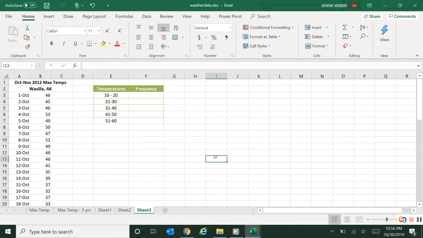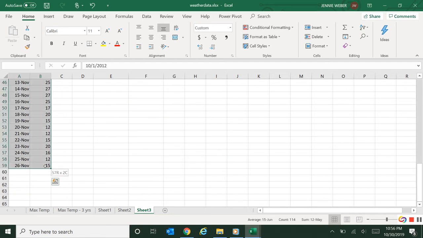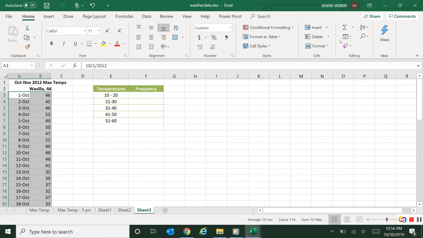I want to go over how to make a histogram for your project. So you can see I have a bunch of weather data, and the first thing I'm going to do is I need to have a frequency distribution. So I'm going to take all my data, highlight it, and I'm going to go over here